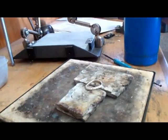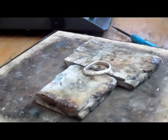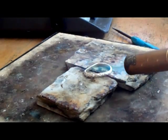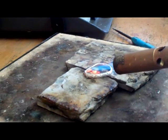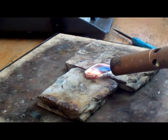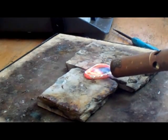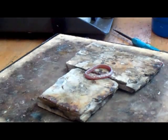So, alright. Get my torch lit, and then I'm going to come in with that, and I'm going to point it right at that joint that I want the solder to come through and really kind of blast it right up and down that seam, and before you know it, that solder is going to jump through,